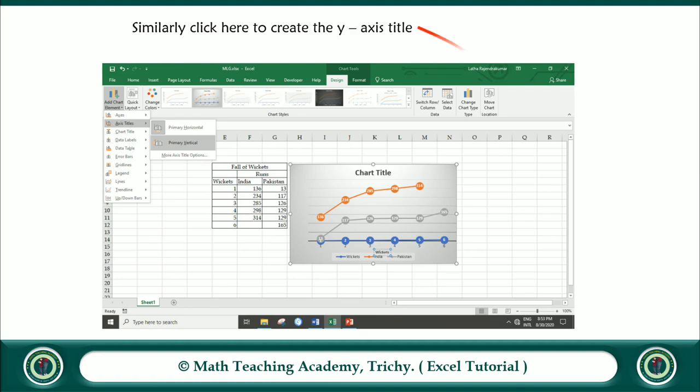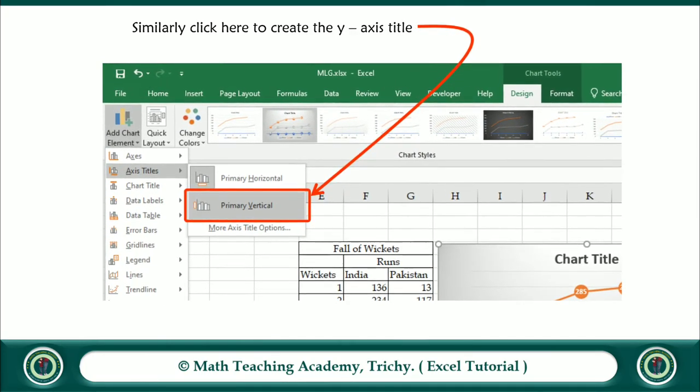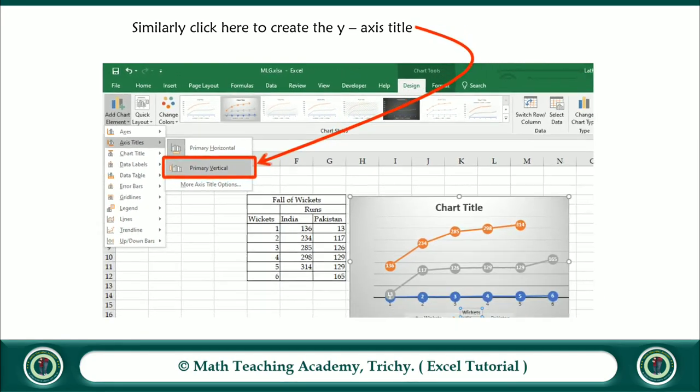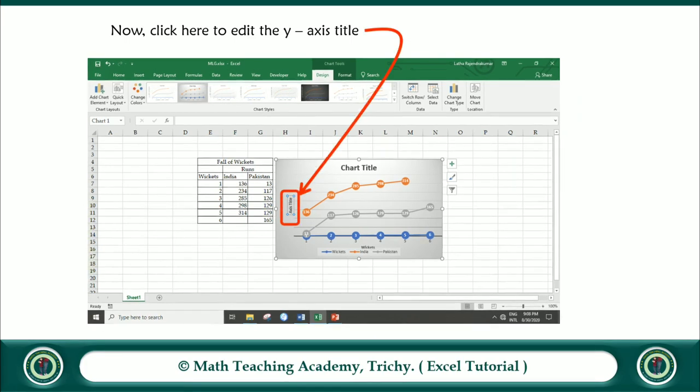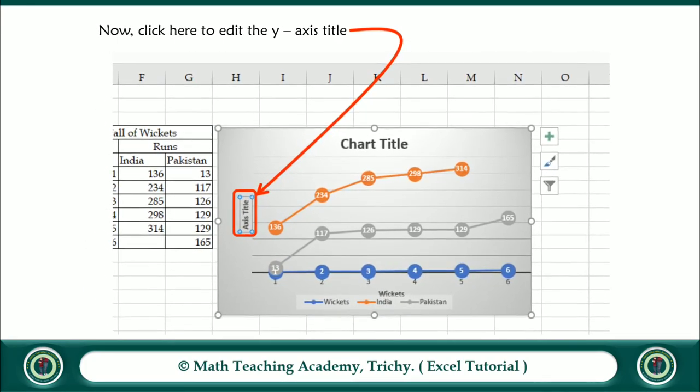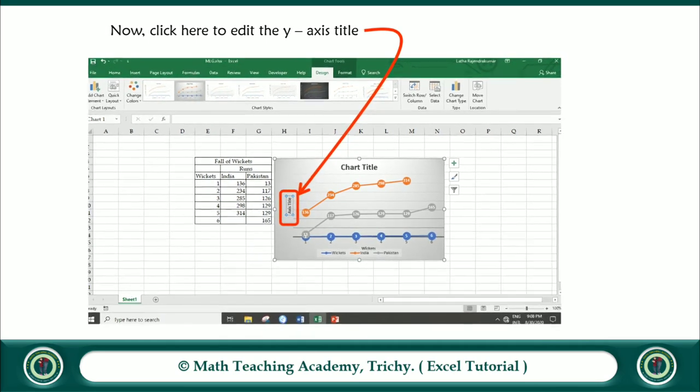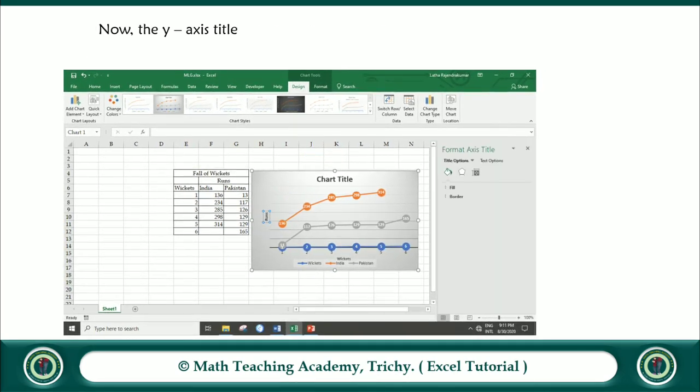Similarly, click here to create the y-axis title. Now click here to edit the y-axis title. Now the y-axis title has been edited as runs.